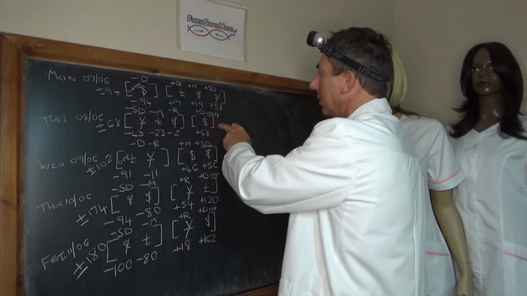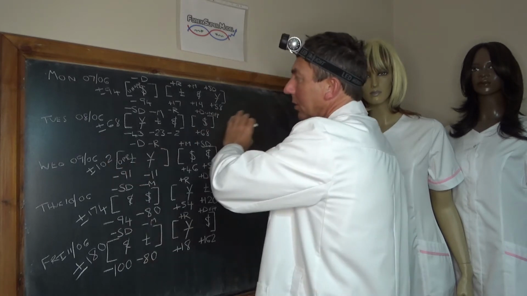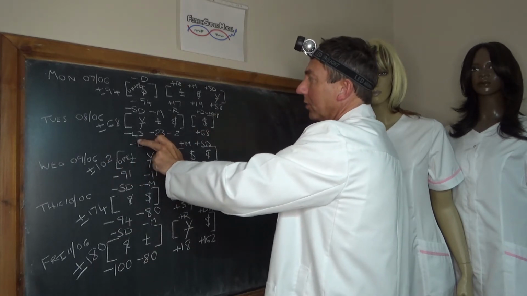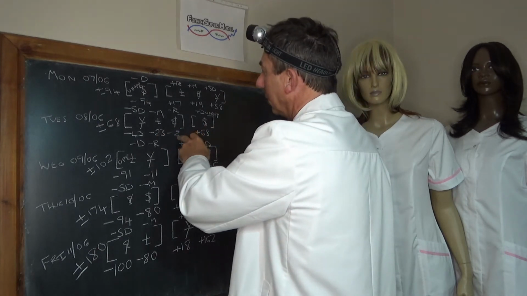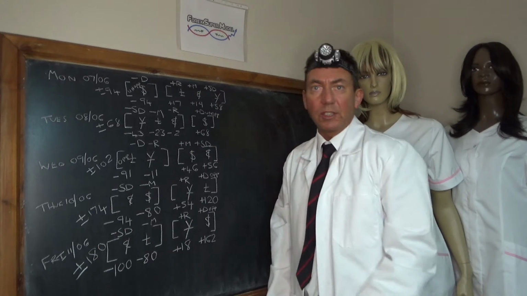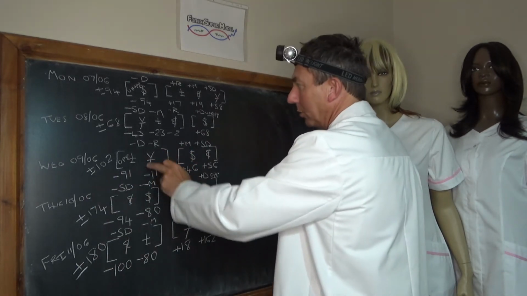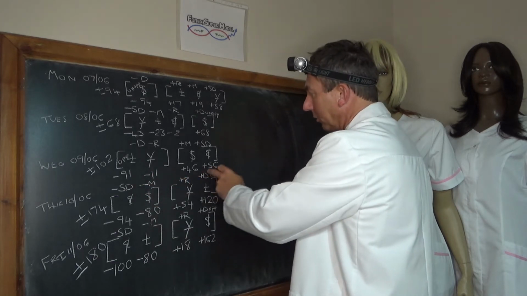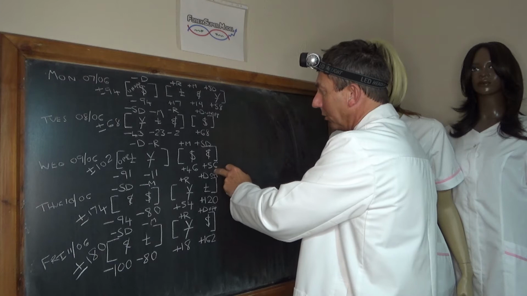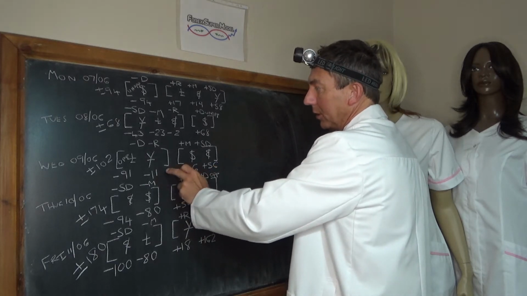Tuesday, we've got a positive unopposed driver in the dollar at plus 68, no backdoor flows, opposing negative flows mainly coming out the yen at minus 43, out the pound at minus 23, and the euro was a negative rock at minus 2, activity plus or minus 68. Wednesday, a negative opposed driver in the pound at minus 91, front and backdoor flows, mainly going into the euro at plus 56, into the dollar at plus 46, and the yen was a negative rock at minus 11,